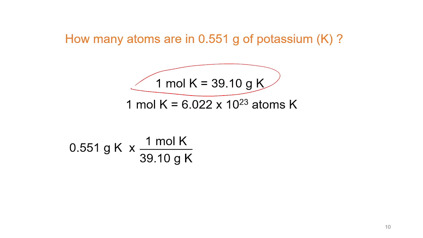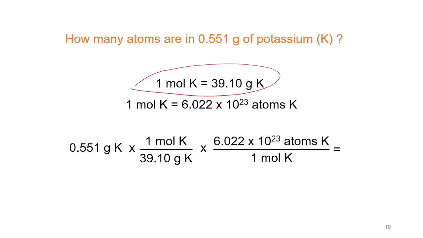In that, you can see that we can cancel out grams of potassium. Also, we will be using this formula to get the number of atoms: 6.022 times 10 raised to 23 atoms of potassium per 1 mole of potassium. So what is the technique? As you may see here,